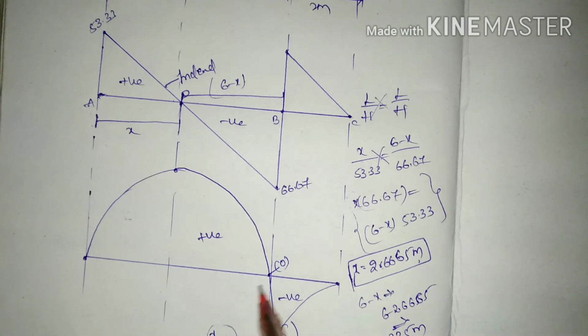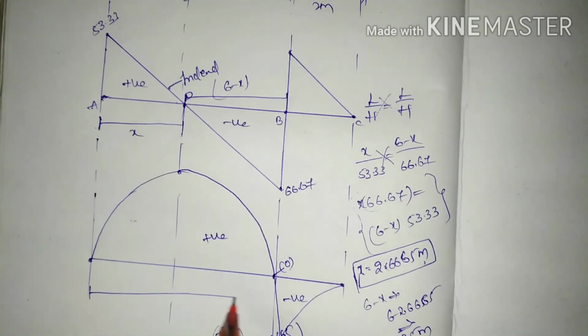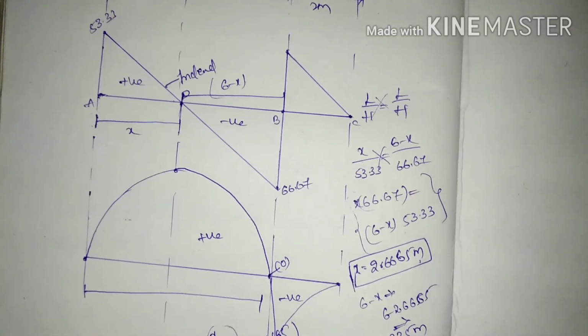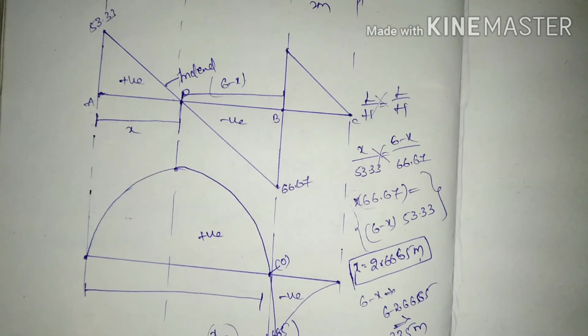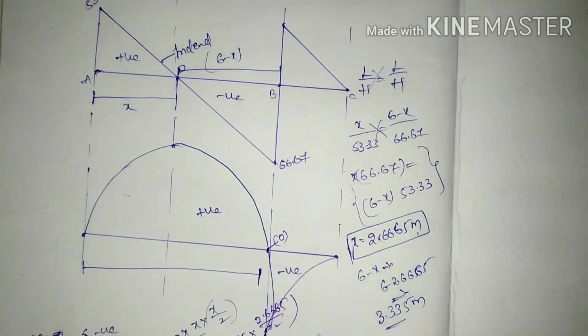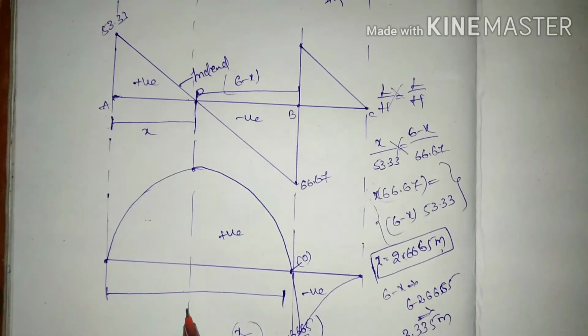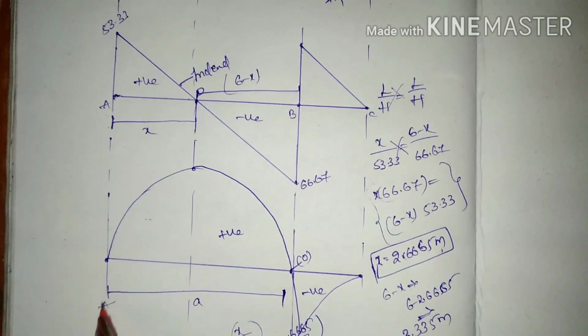Where the bending moment is 0, that we have to find out, because in the question it is given to find the position of the point of contraflexure. If it is given, you have to find out the point of contraflexure. Simply take a distance from A, this is capital A, this is small a, take the moments about that point and equate to 0, then we get the value of a.